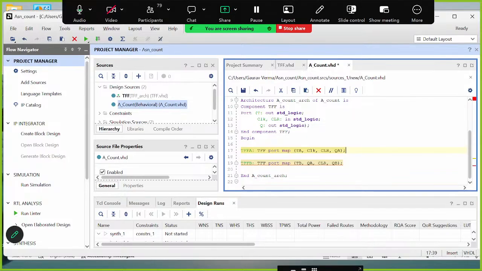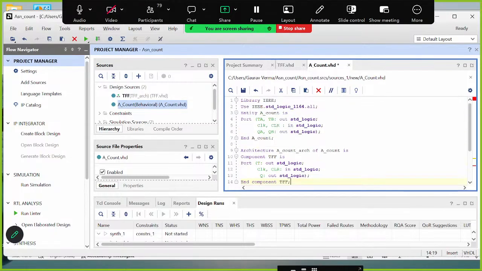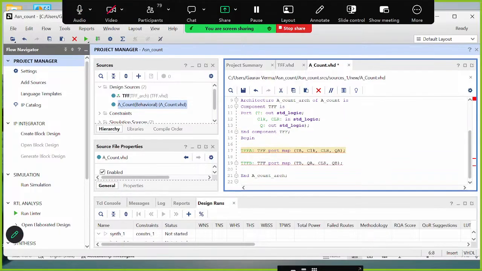So instead of using QA over here, what should we do? Rather than using QA, I have only this output Q, final output, right? Intermediate output I cannot put over here,